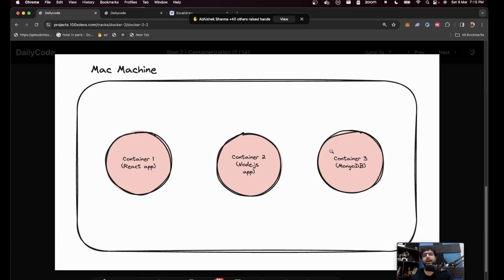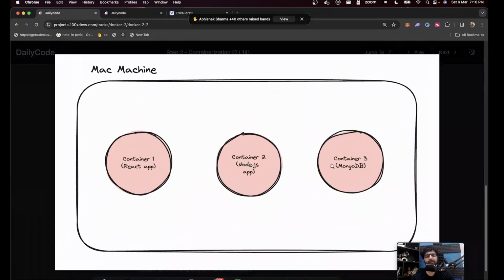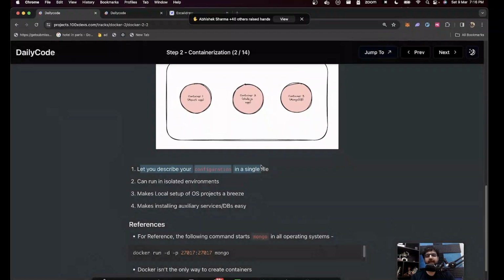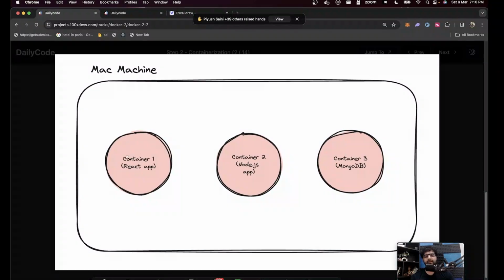If you have in the past started MongoDB locally, you ran a single command, and that specific project came up. And whoever had written the MongoDB container or image wrote it in a very big single file. So a single file to describe your configuration can be done in isolated environments. This code is very isolated compared to this code. What does isolated mean, Harkirat? It means it's very hard for this guy to talk to this guy and vice versa. It's very hard for this guy to take the complete CPU of the Mac machine. It's very hard for this guy to talk to this MongoDB database unless you provide it a way to communicate. So it gives you very restricted permissions on this guy, and this guy.